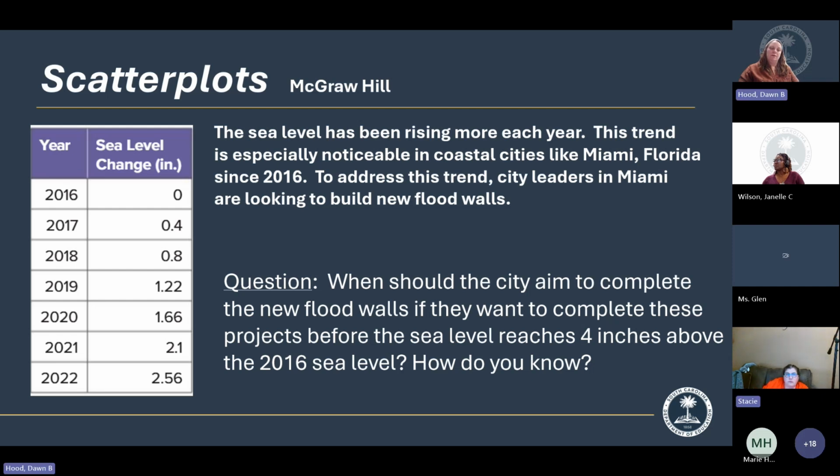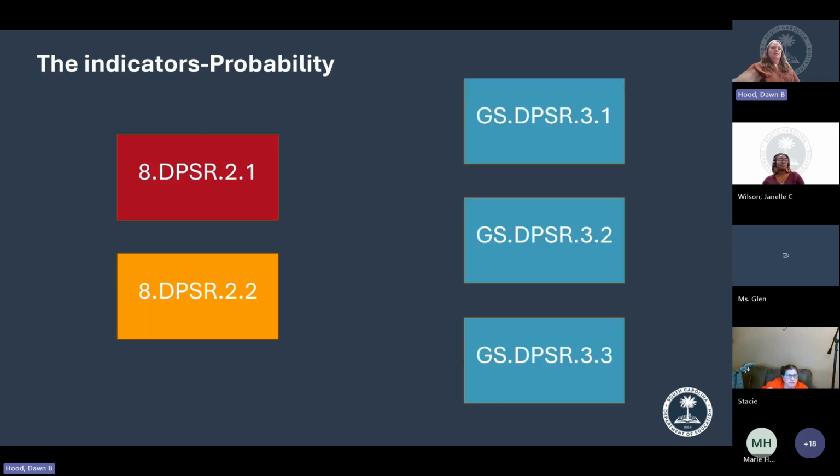All right, thank y'all. So let's look at the next set of DPSRs. We've got 8 DPSR 2.1, which is determine the sample space for a compound event. 8 DPSR 2.2, calculate and interpret the probability of compound independent and dependent events. And then our GS DPSRs are